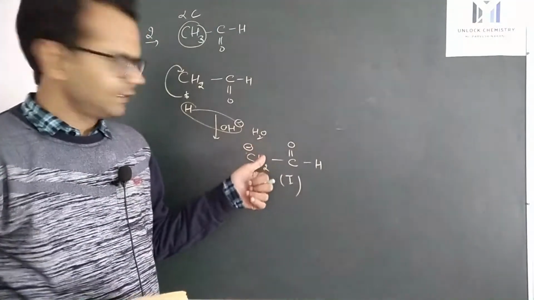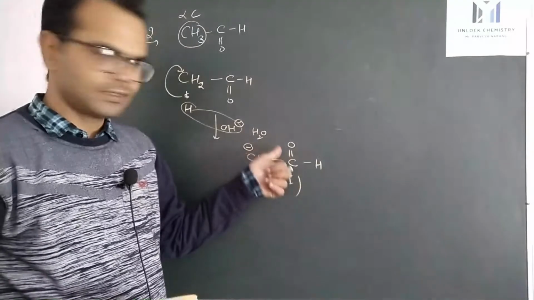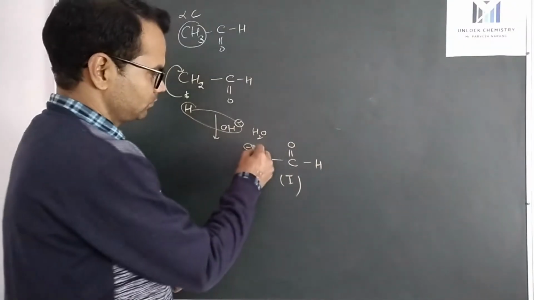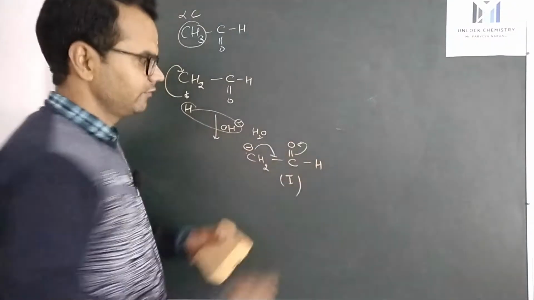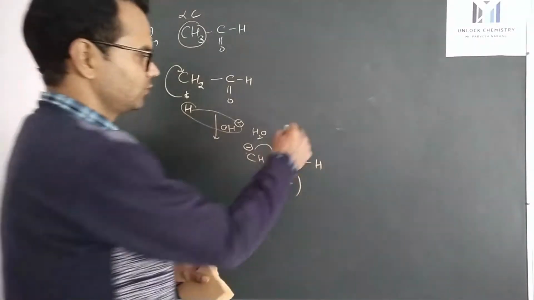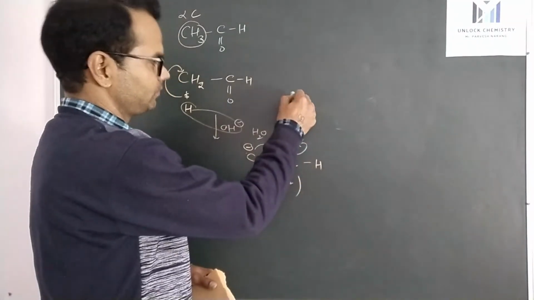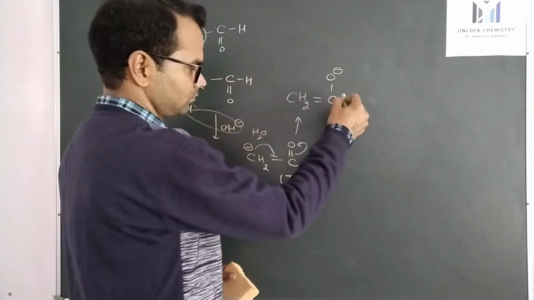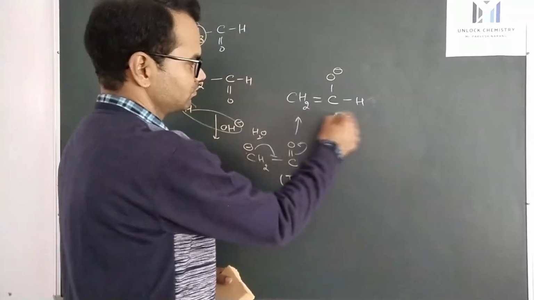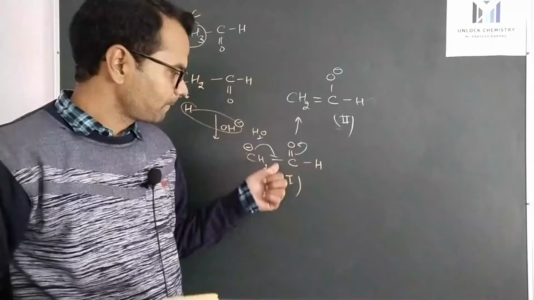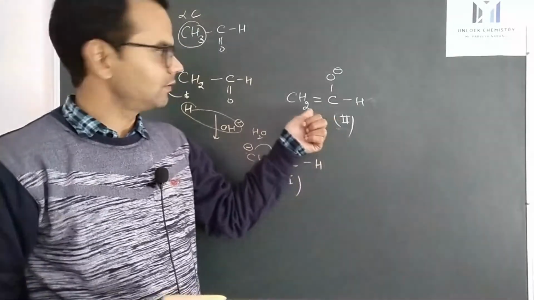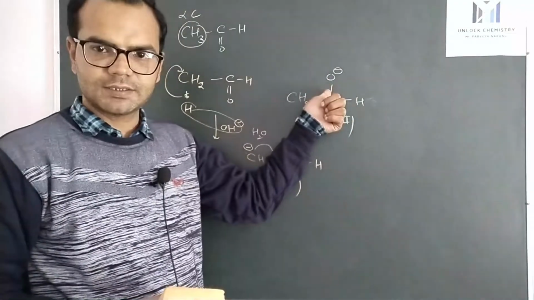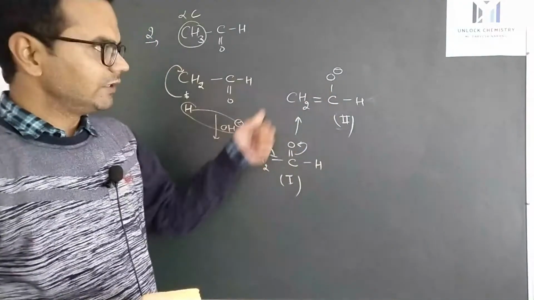Now there is a resonance condition again, negative, single, double at alternate positions. So the negative charge will move towards the double bond. Oxygen is more electronegative, it will attract pi electrons. So we will get a second intermediate. Again, if we compare the intermediates, the second intermediate is more stable because the negative charge is present on a highly electronegative atom, that results in extra stability. The water formed will be used again here.